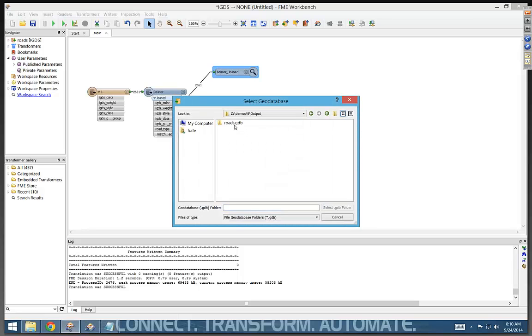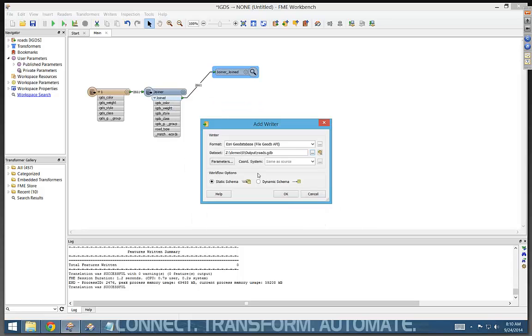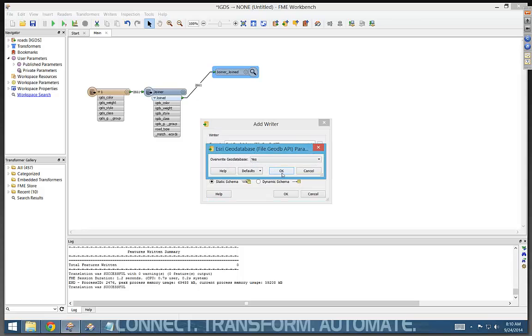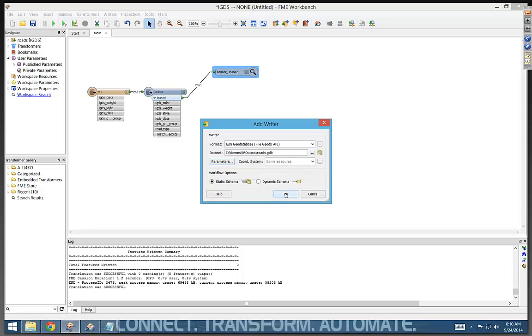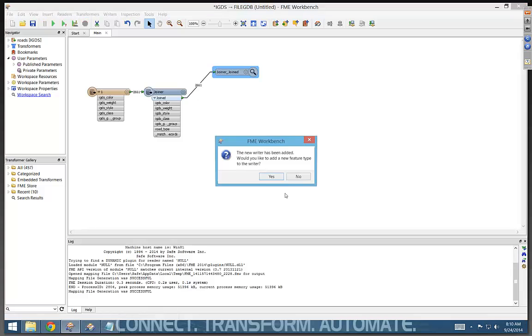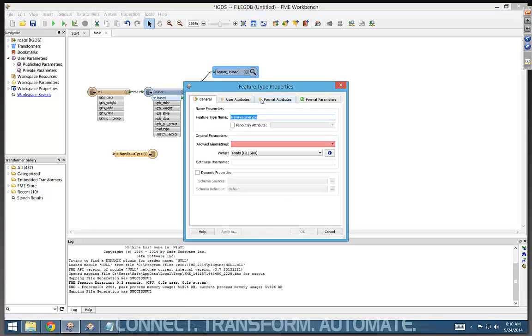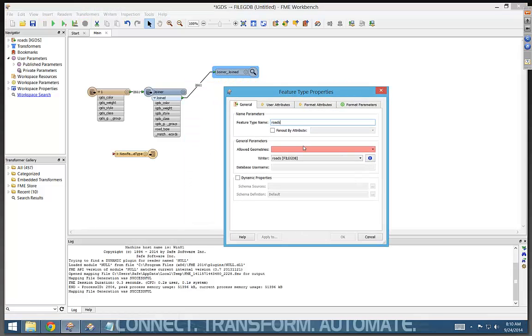And I'm just going to put it in this output directory. Yeah, we'll overwrite that thing. And I'll make sure this is set to overwrite. Yep. And we will go like that. And I will add a new feature type, which is a new table. I'm going to call this roads. This is going to hold